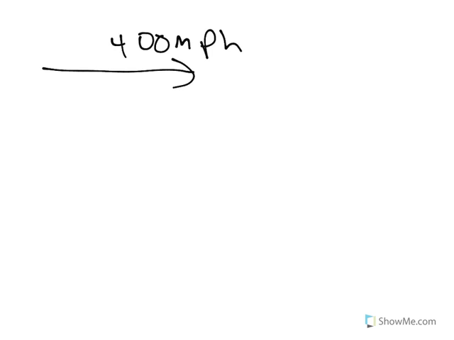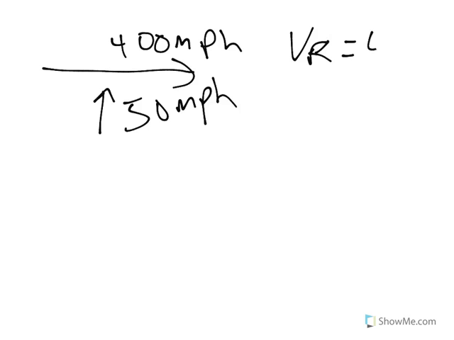This video is about how to work with distances and displacements and velocities, all while dealing with vectors as well. Okay, so let's just say that the plane we mentioned in the previous video was going 400 miles per hour this way, and it was going 50 miles per hour north, and we figured out that it had a resultant velocity of